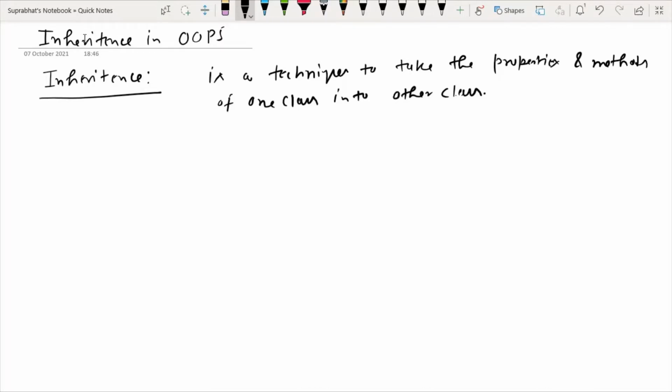So this is the mechanism where the old class gives its properties and methods to the new classes, so that the old features will also work and the new updates also work. So it gives the term reusability. The most important thing of inheritance is reusability.